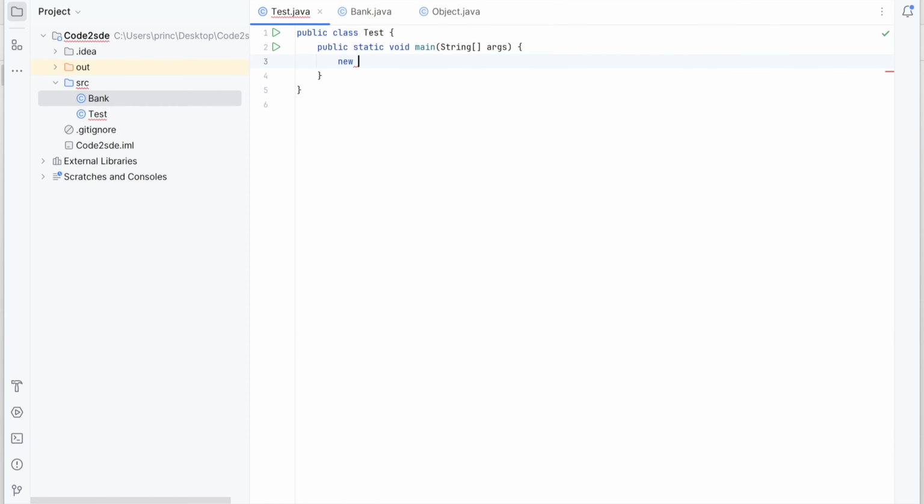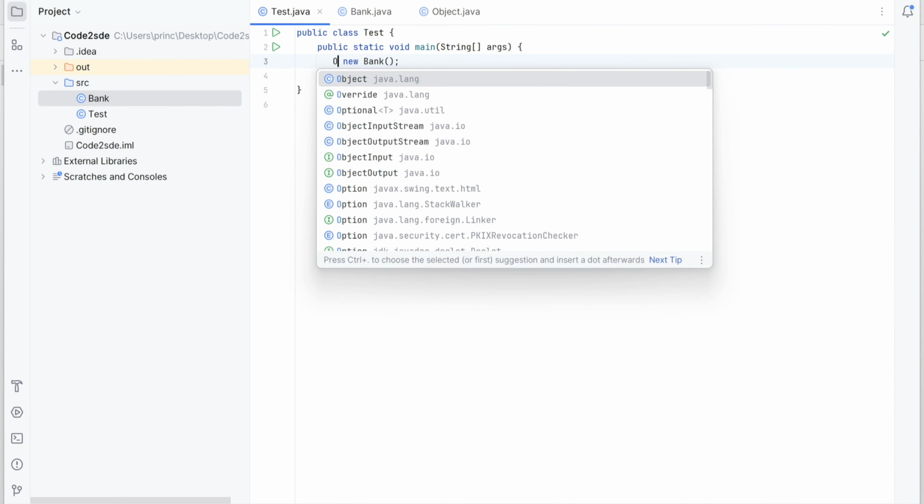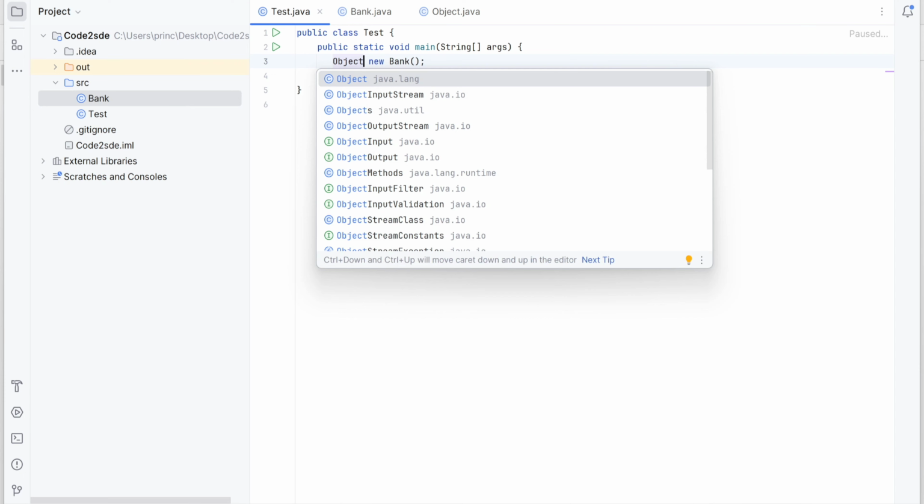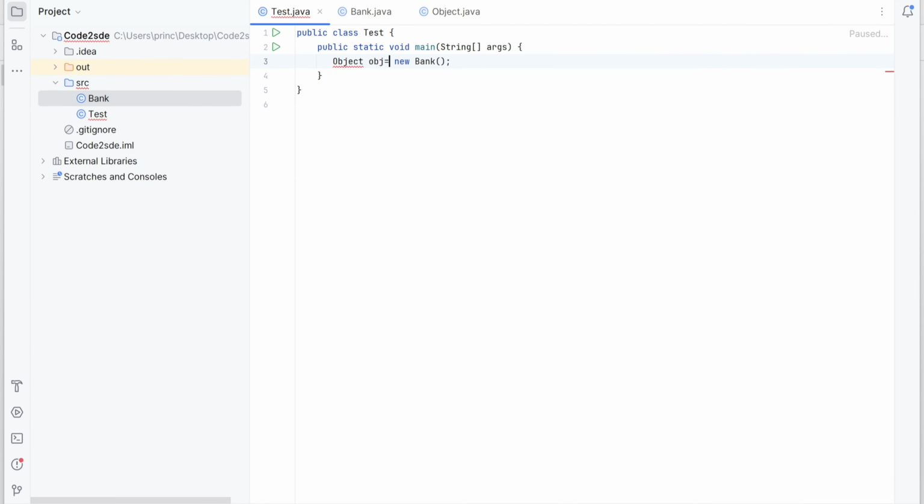Say I will create one object of the Bank class, and I can store any class object with the parent Object class reference variable, that is a parent class to every class in Java. So through upcasting, we know that we can store the child class object with the parent class reference variable. Or if there is any method which returns an object whose type we don't know, we can always store that object with the Object class reference variable.